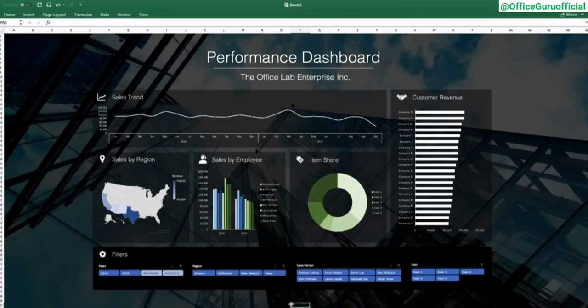Office Lab, and today I want to show you how to create this beautiful and interactive dashboard in Microsoft Excel in 5 easy steps. Now, to give you a general idea of what you can do with this dashboard, it allows